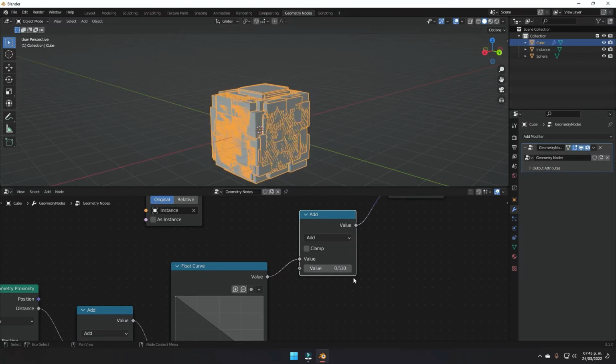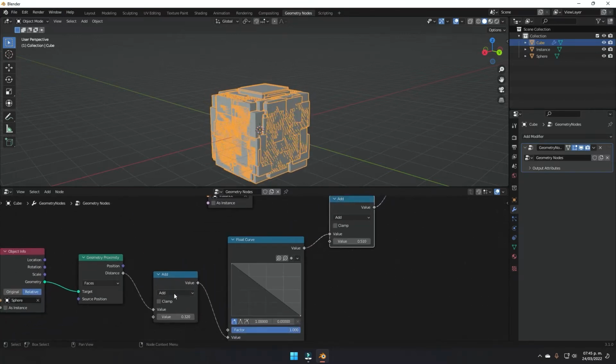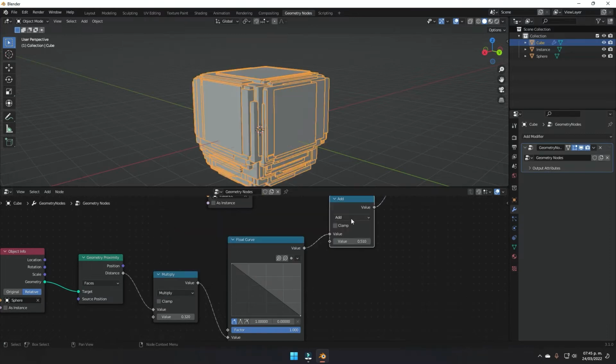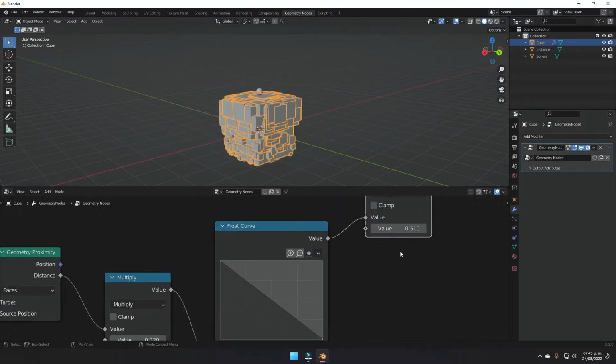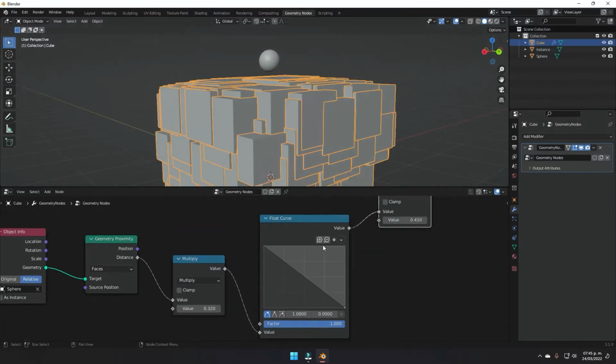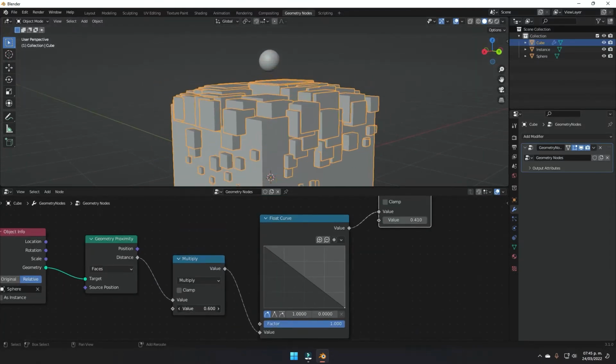But right now they're not well configured because they're adding a value and we want them to multiply the value we're getting. So right now we can make the biggest cubes even bigger and then make the effect a little bit smaller,